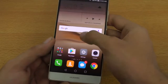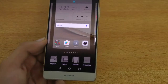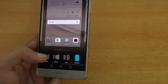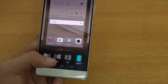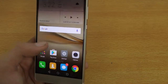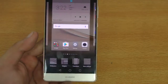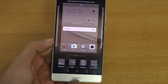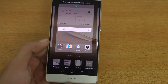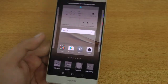Next up, we have options related to the launcher. So if I just hold down onto the screen, you got the options to have any custom transition. So like I have windmill, I can change it to, let's see, flip over. So wow, this is pretty cool, okay? And this basically gives a cool, fresh look to your default launcher or default Huawei skin. But I don't use the default Huawei skin. I have Nova launcher,